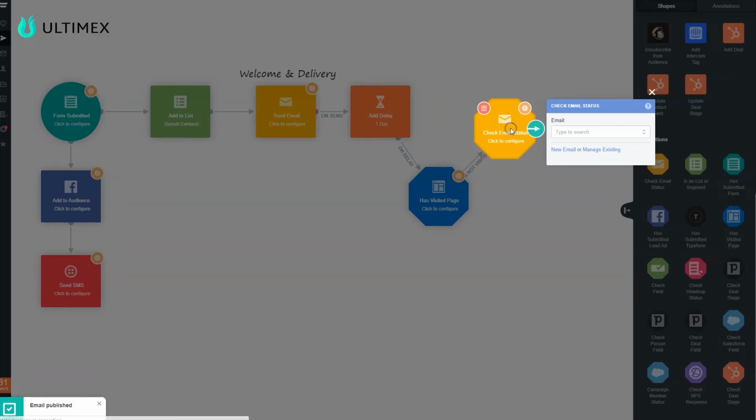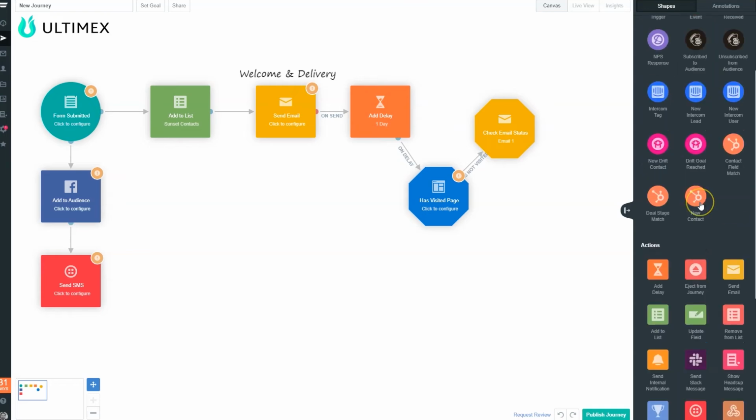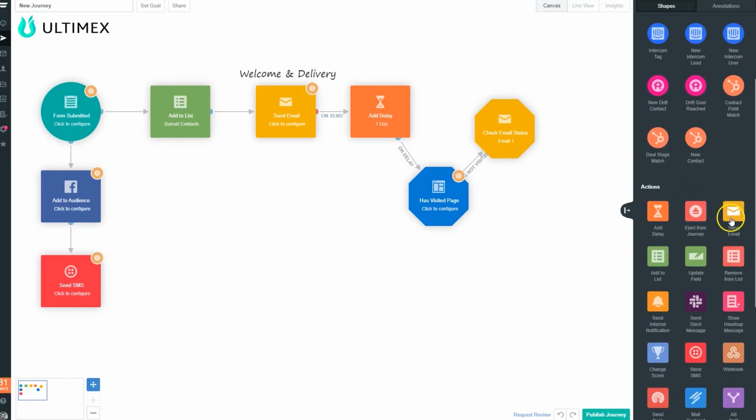Okay, so if they did not open email 1, which is over here, the welcome and delivery email. If they did not, then we're going to want to resend that email, okay? Because that happens. Sometimes people don't check the welcome email or the delivery email that they just got right after they opted in for something. So you send it a little bit later. So in this case, if they have not opened,